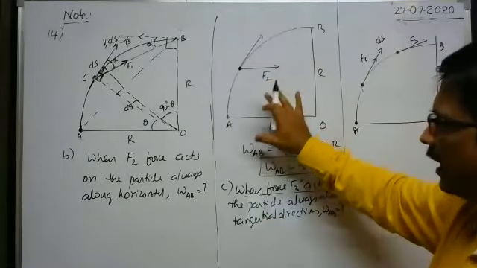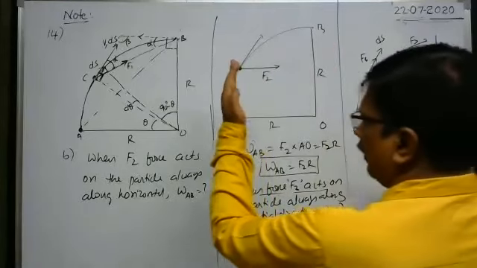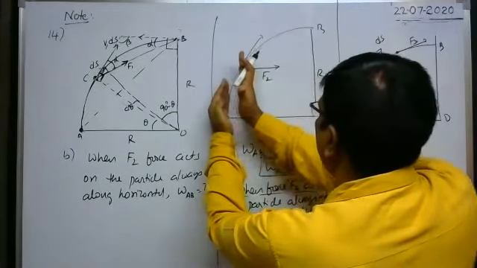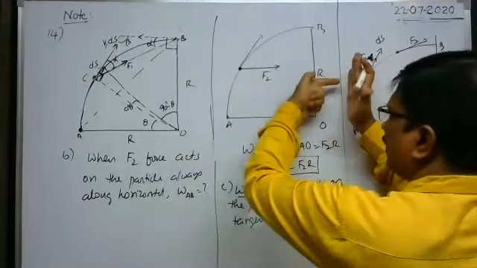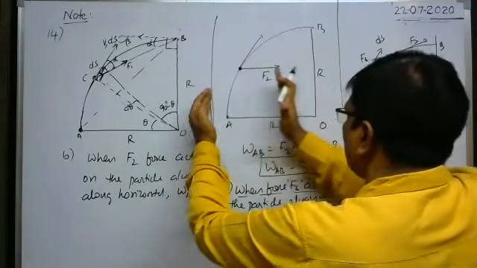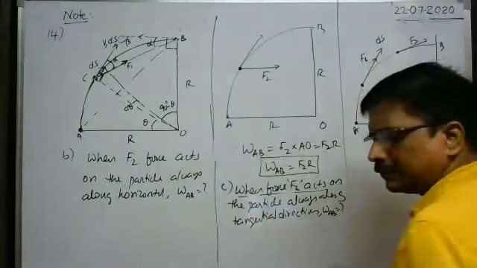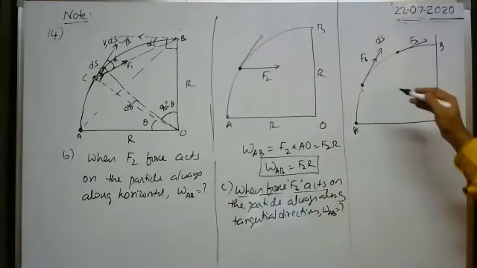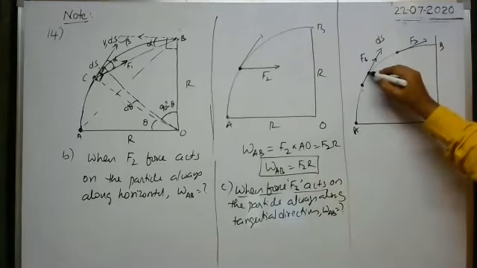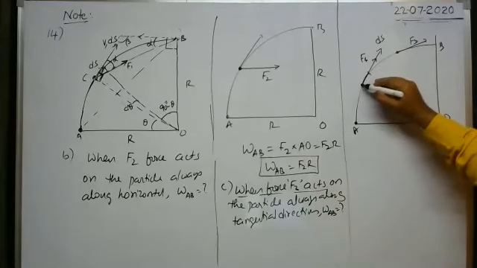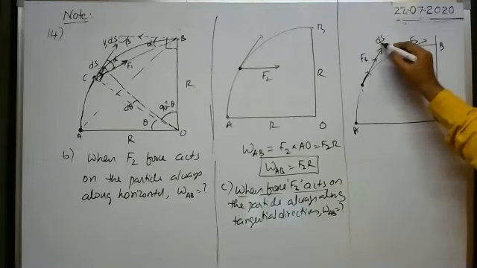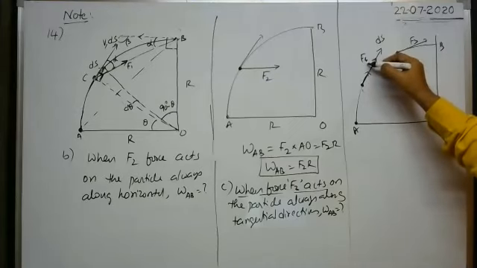Here in the second case, whenever the particle travels from A to B, the displacement of the particle along the direction of applied force, the applied force being in this direction, whenever the particle travels from this point to this point, is equal to R. Okay, so here, whenever the force acts on the particle along the tangential direction always, to displace the particle through a small distance ds along the arc, the force acting on the particle along the direction of displacement is F3.